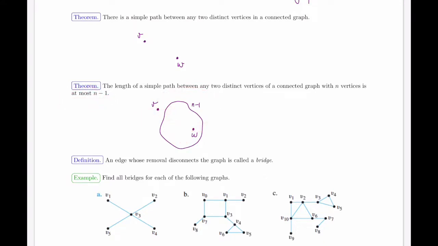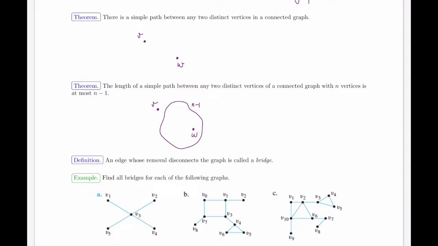This also helps when you're looking for shortest paths, and there are a number of different algorithms that you might have actually seen already in your comp sci courses, such as Dijkstra's algorithm, where it's looking for the shortest path. And this is a useful fact to know because at most, your length will be n minus 1. So for example, if you're writing an algorithm or a loop, you know that if you have exceeded this number, you've already gone too far.